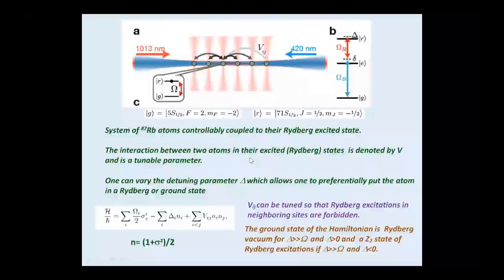That the interaction between an excited state is dipole-like, okay? And this is denoted by V in our problem, and in experiments, this is a tunable parameter. You can tune this by adjusting the energy levels. The frequency here can take you exactly to these energy levels, but just a little off. This is called the detuning frequency.